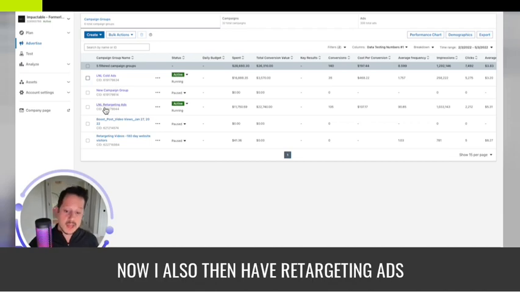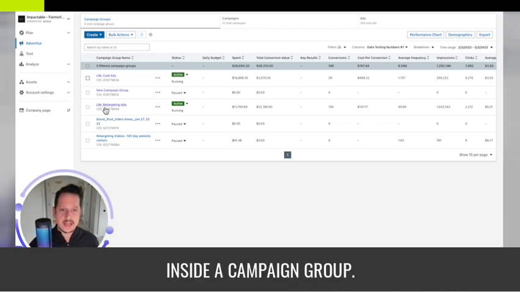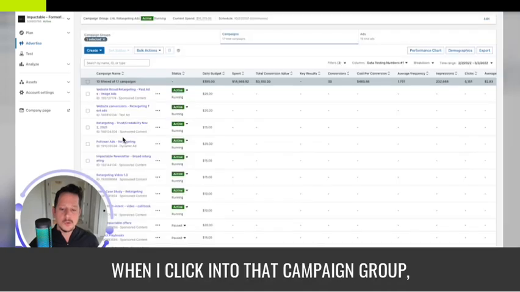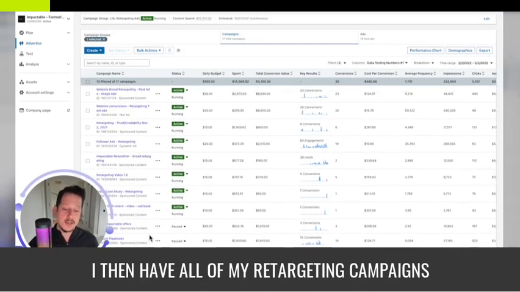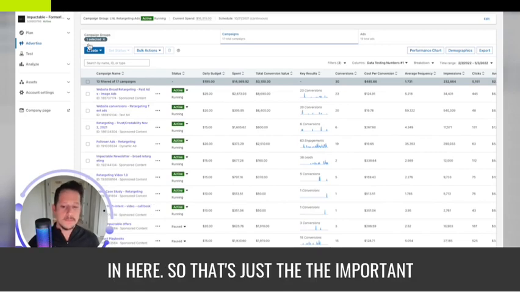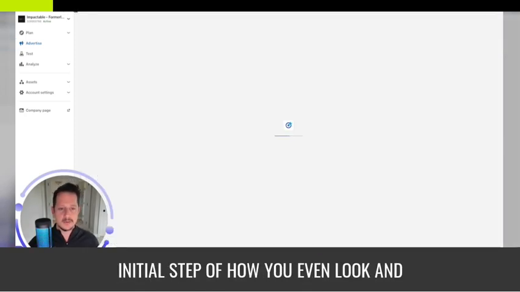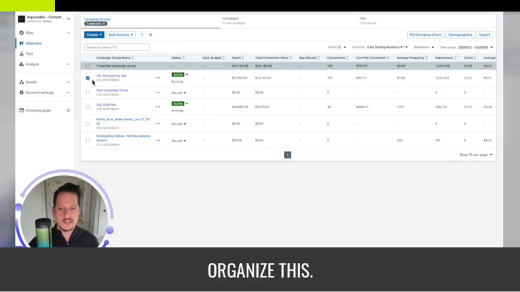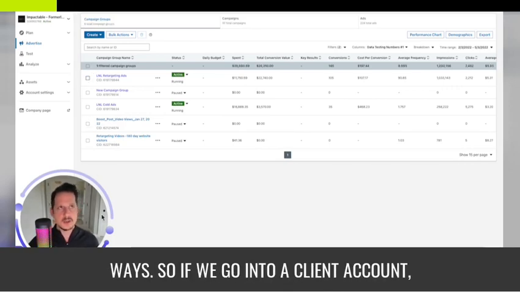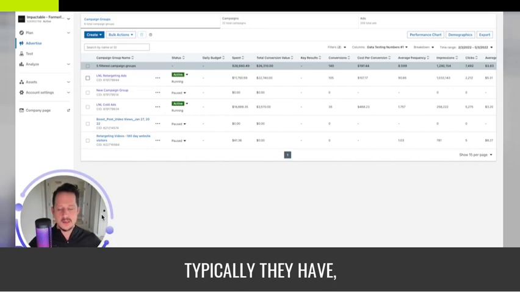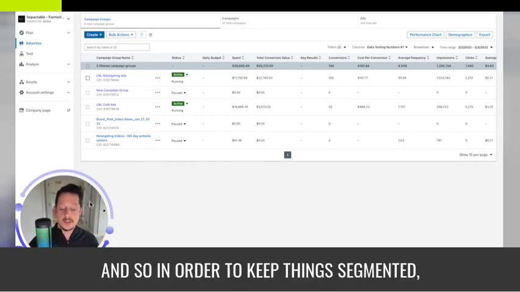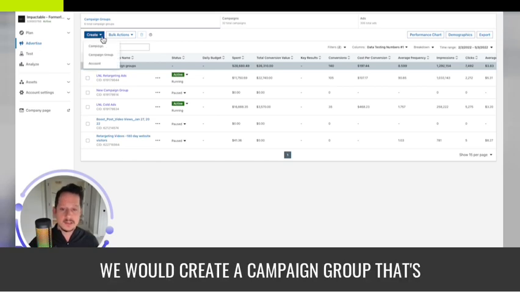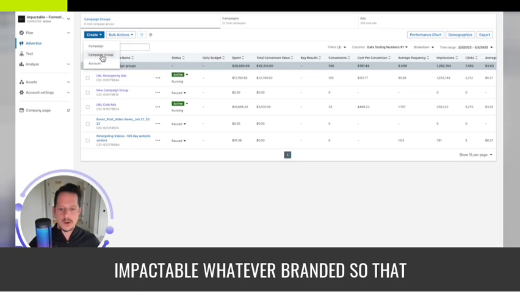Now I also have retargeting ads inside a campaign group. When I click into that campaign group, I then have all of my retargeting campaigns in here. So that's just the important initial step of how you even look at and organize this. I've seen this organized a lot of ways. If we go into a client account, typically they have their structure differently. And so in order to keep things segmented, we would create a campaign group that's Impactable, whatever branded, so that